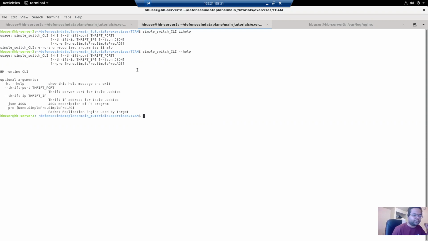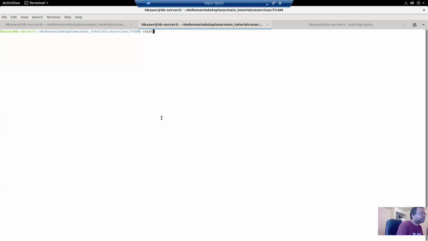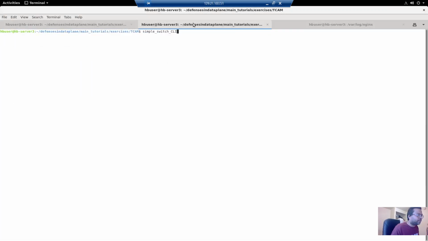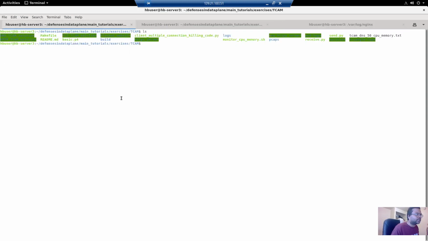From a simple netstat command, you can figure out which switch is running where. For our purpose, the Simple Switch CLI will work because we are installing all the rules in switch S1. And then here we are going to check the Nginx log file. So basically, here we run Mininet, here we run the control plane program, and there we are going to double check the Nginx log file to show that the connection has not been made, and was interrupted by our data plane program.